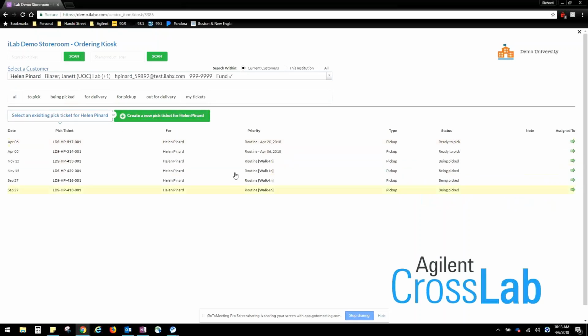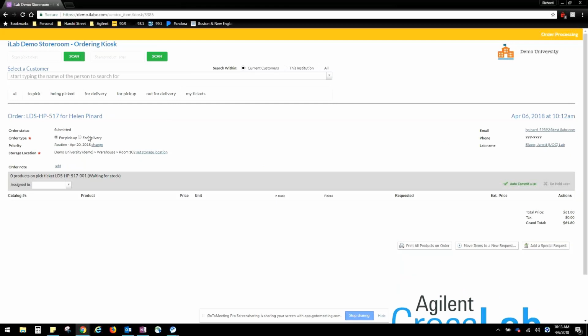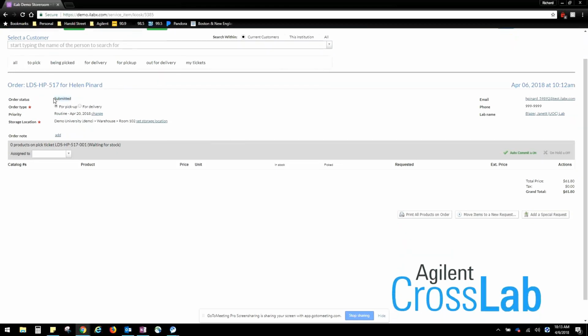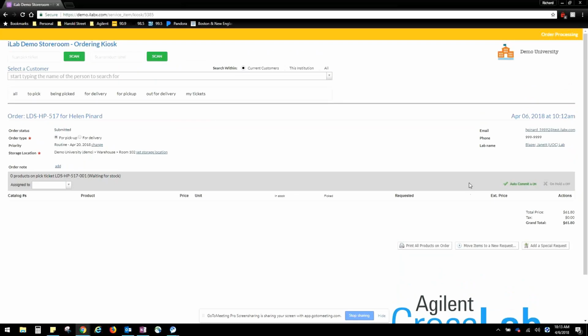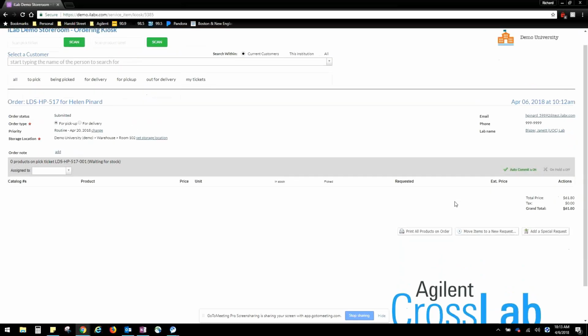So again, because I'm using Helen Pinard as our little test case here, we can see everything that she's ordered previously. It looks like she's not really effective, she's picking things but not actually completing anything. I don't really know why that is, Helen, but maybe that's something we want to talk to her about. But let's go ahead and pick this one that we just did with the 20th here. So we do notate that it's been submitted for pickup, right? But if we know it's available in stock right now, we can actually go ahead and begin the picking process,